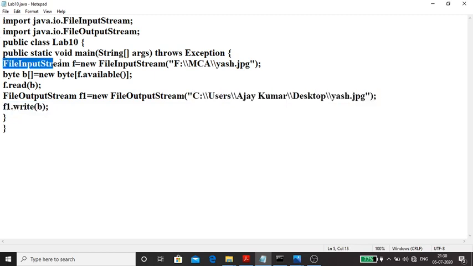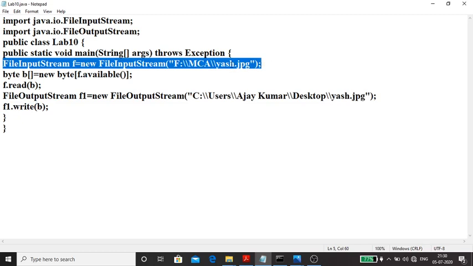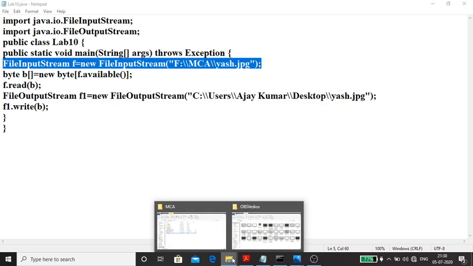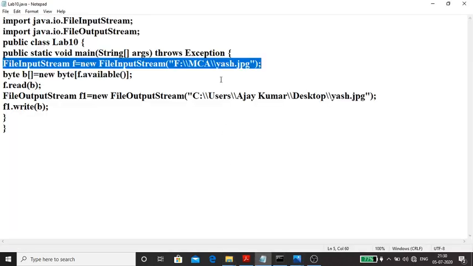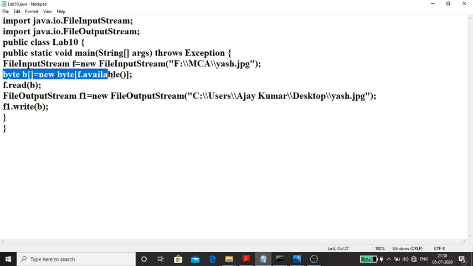Here we are creating a reference for the image s.jpg that is present within the folder MCA. Within the folder MCA there is an s.jpg, so I gave that path. It will read and I'll get data in terms of bytes. Therefore I've taken an array named b of type byte, with size available, which is the size of this image.